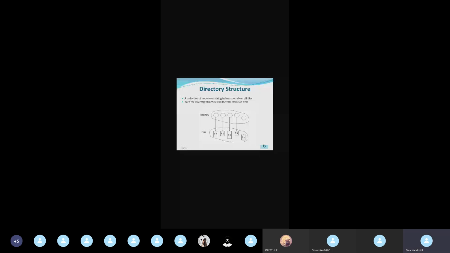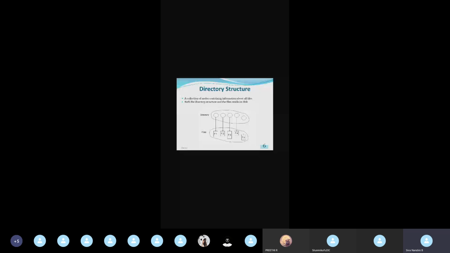a collection of relevant information. For each and every file we'll have a directory. The directory stores the information about the file. What information about the file will be available in the directory? The name of the file and the unique ID, that is the identifier, of that file. All those details will be available in the directory belonging to that particular file. How will this directory be structured along with the file in our computer system?